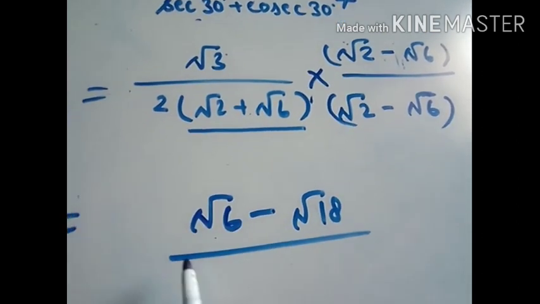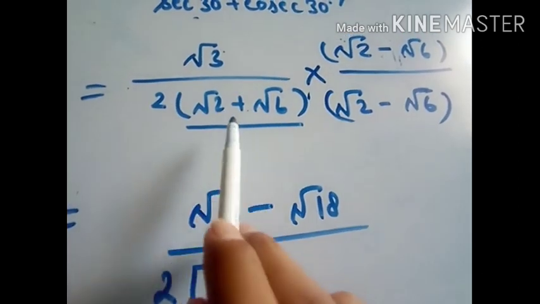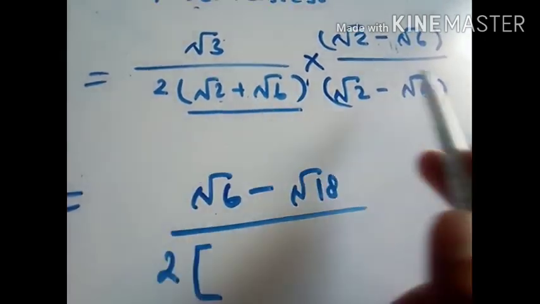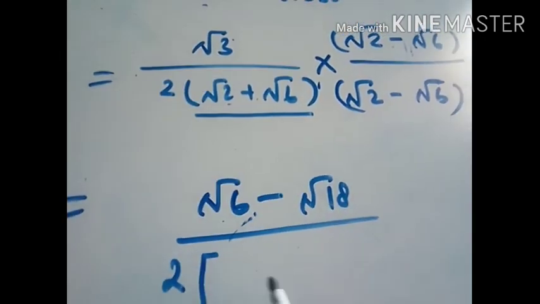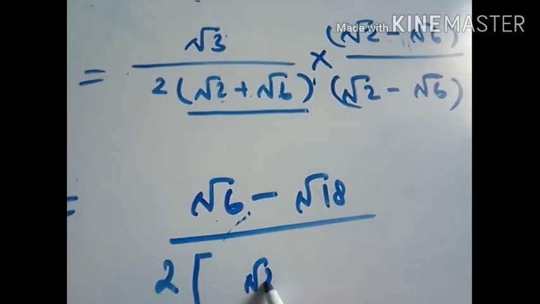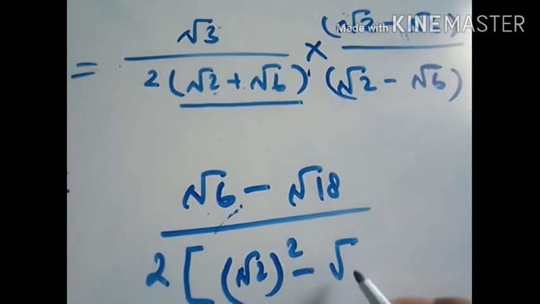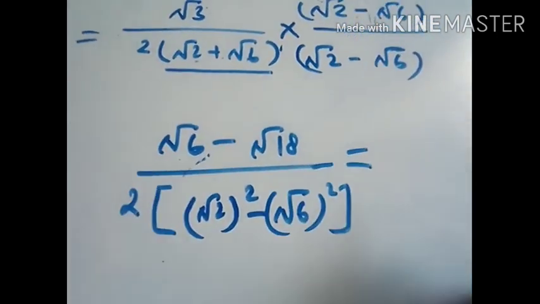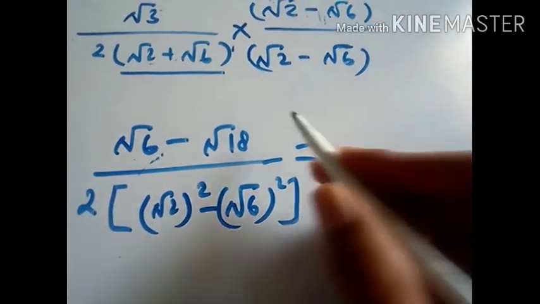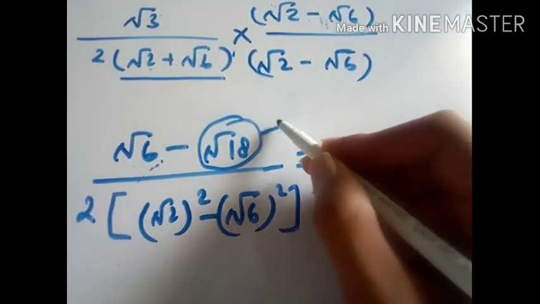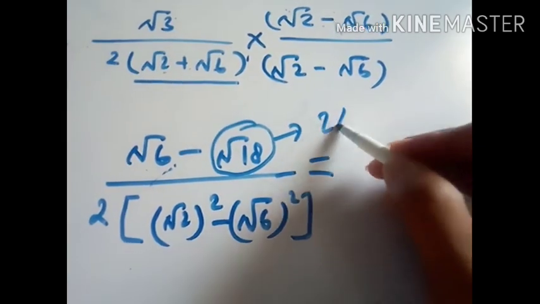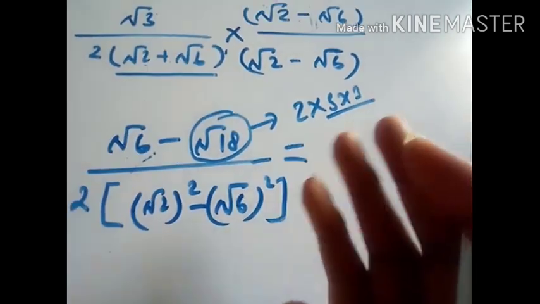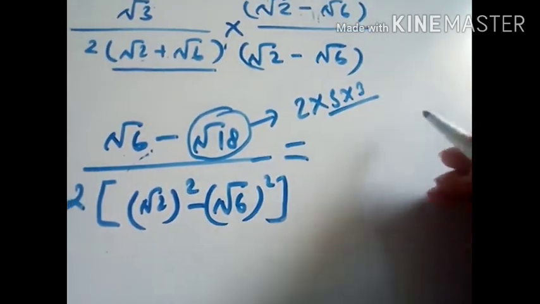And then thereafter 2 can be taken out and you can see over here a plus b and a minus b. Now the formula is applicable and you can use the formula here. So for this I am writing under root 2 square then minus root 6 square. Is there any problem? I don't think so there will. So keep moving. For root 18 what we are going to do is let's factorize it. So its factor is 2 into root 3 into root 3. So root 3 can be taken out of the under root because it lies in the paired form.